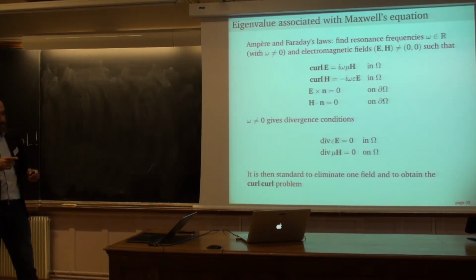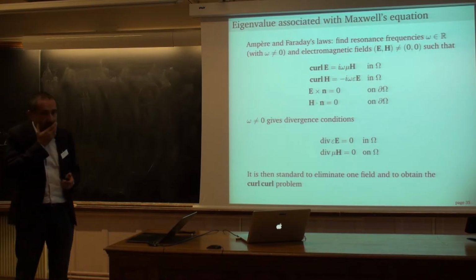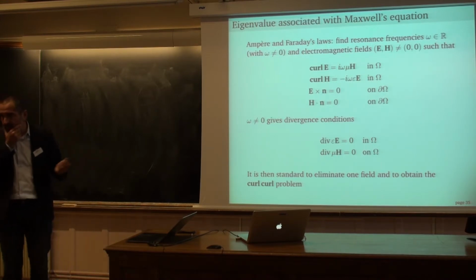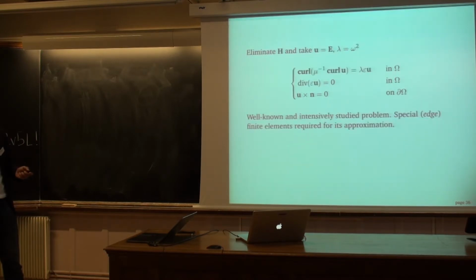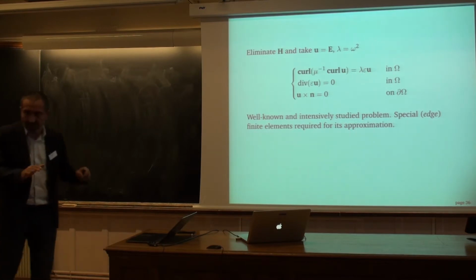Let me give you one critical example and then go to localization very quickly. The critical example comes from Maxwell equation, which is the model that probably I studied most in the framework of eigenvalue problem. You know, you're teaching me what Maxwell equation is, so I don't have to tell you what it is. But in the time harmonic regime, it is standard to go to the curl-curl operator. We've already seen there is also some poster talking about this. And let's consider epsilon mu equal to 1 for simplicity,